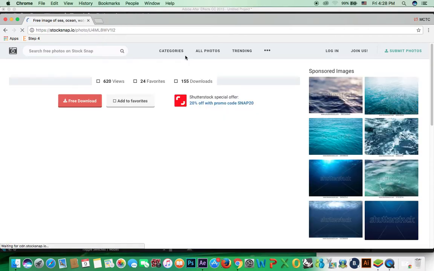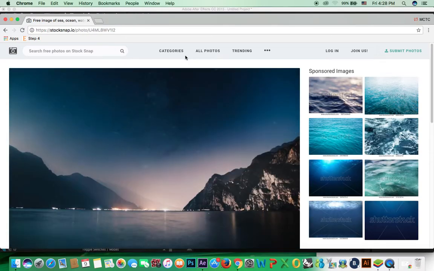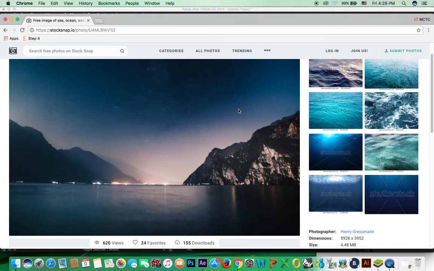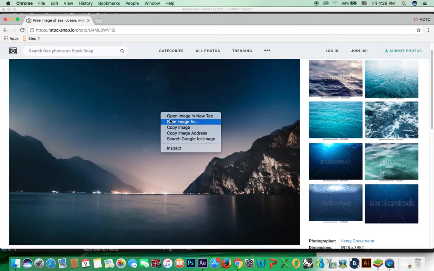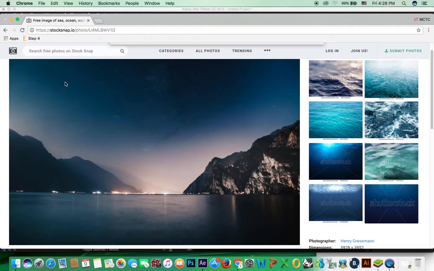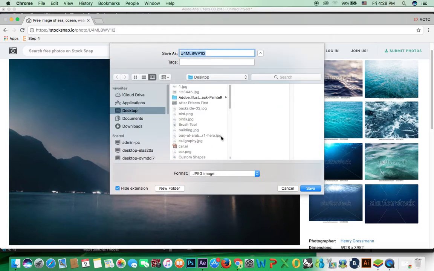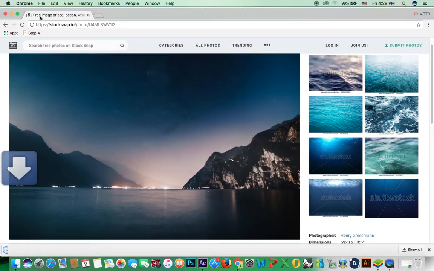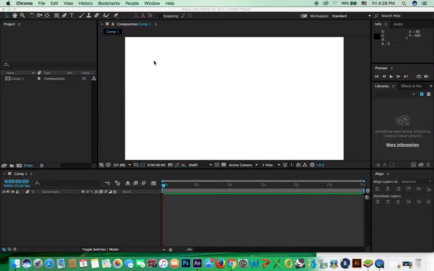In this website, you can download images. Is it free, or do you have to pay? Yes. So, for example, right click, save image. I will save it on the desktop with a name like nature. Okay. Save it, and now see,